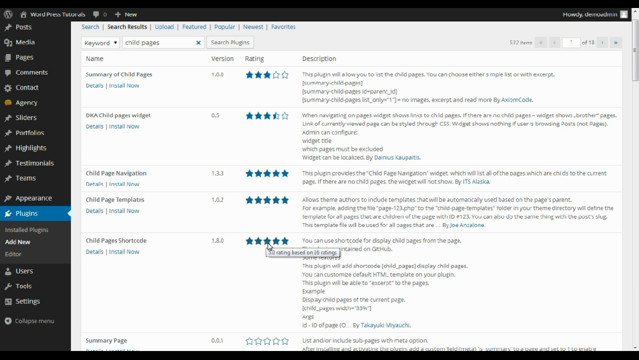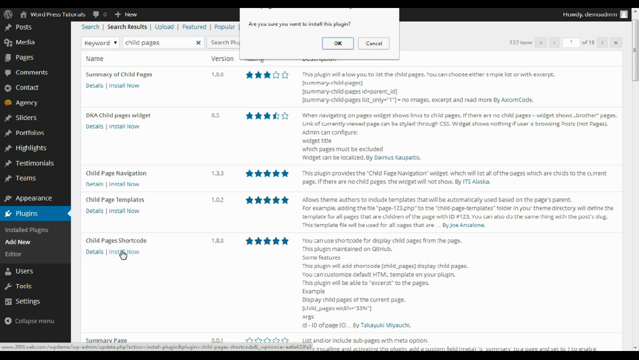This one's based on 16 ratings. It's been used probably by, I don't know, thousands of websites, but it's had 16 5-star ratings. So we're going to install that one. That's the one that we recommend you install. So literally just click install. You get a prompt asking you, are you sure you want to install this? We'll say yes,